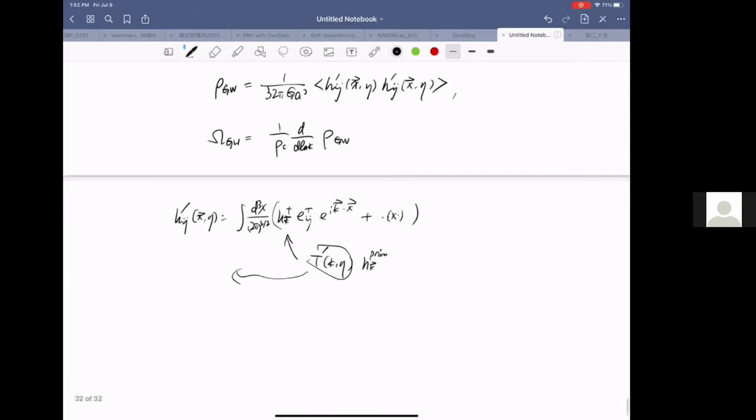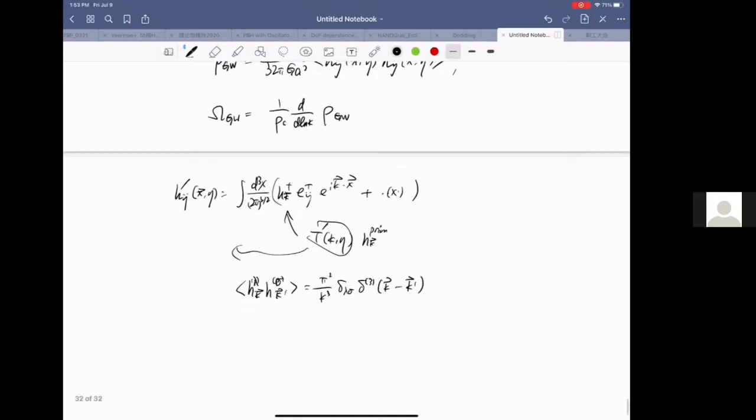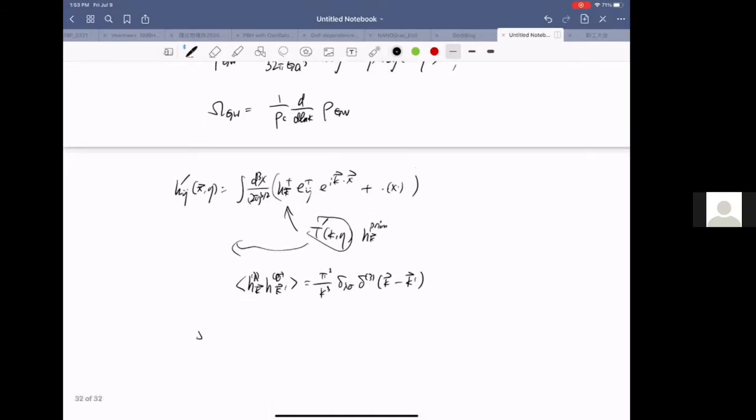You can calculate all the way down and make sure that you use this kind of relation correctly. For a different normalization, this is also different. Let me just write it down without any further notice. Anyway, with this, you then find that Omega_GW is